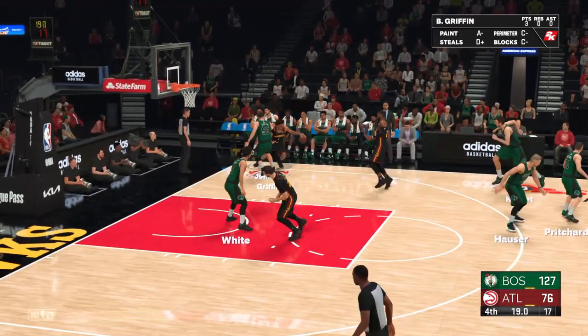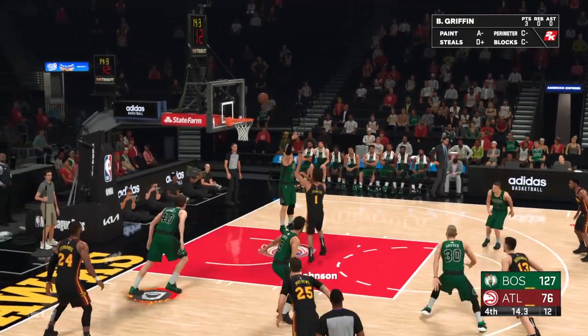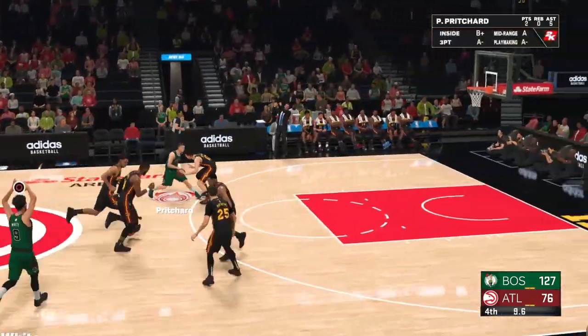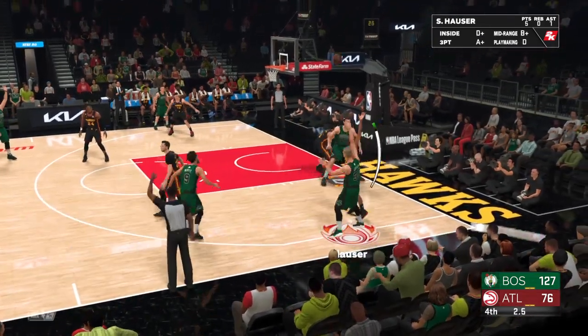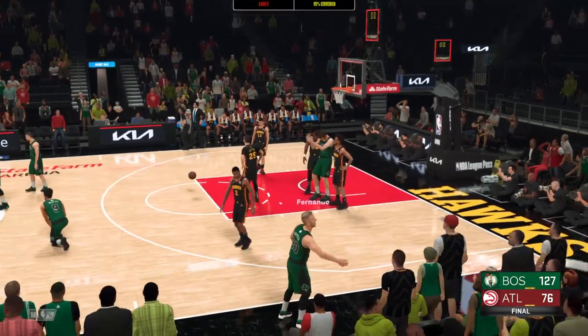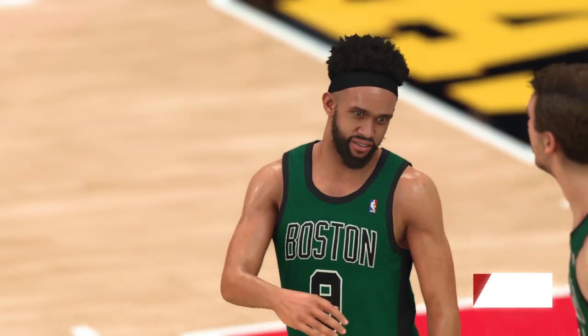There's 21 seconds left to play here in the fourth. Here's Johnson. Some harassing defense by Blake Griffin, unwilling to budge. Here's Hauser. Takes the 3. No good there. And so it's Boston easily grabbing this one. This one was over well before the final buzzer. The fans were